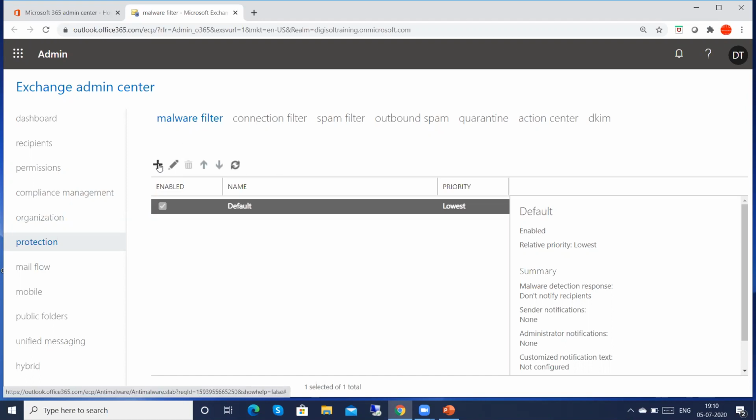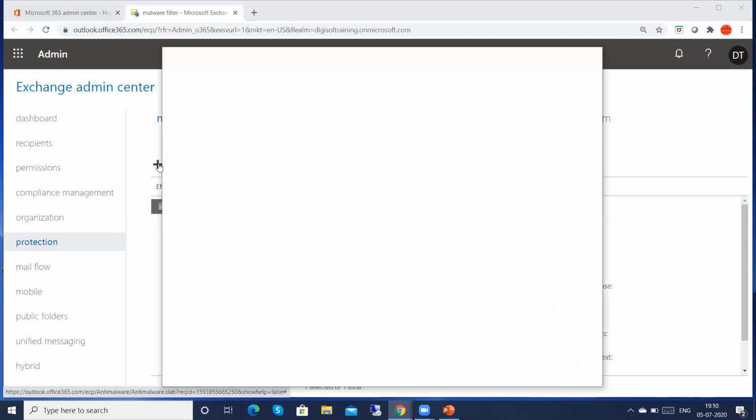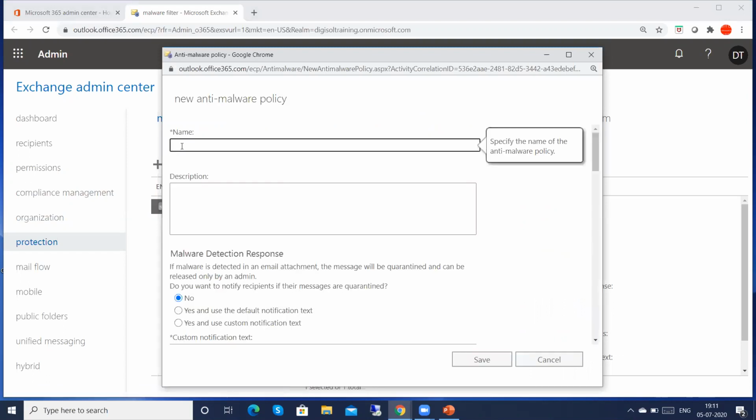So we'll see, just click on the plus sign. I will give the name alti malware custom filter or custom policy.